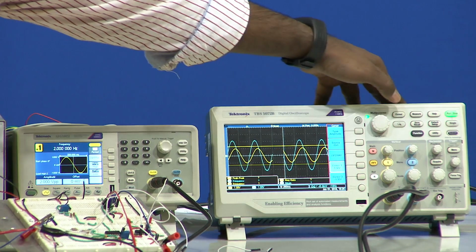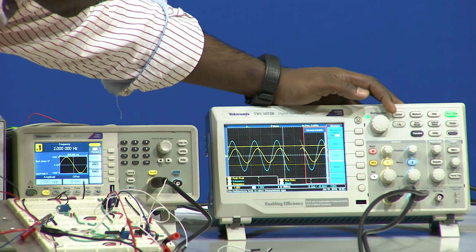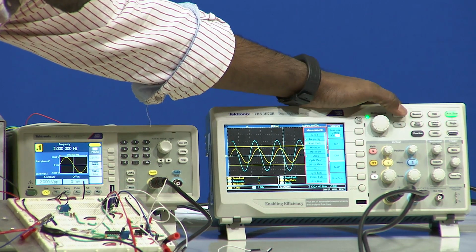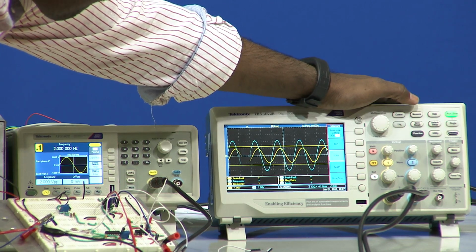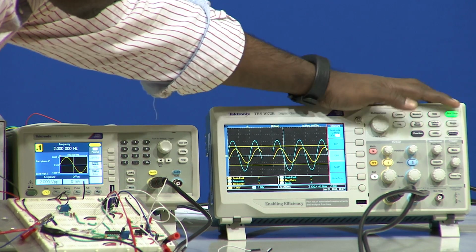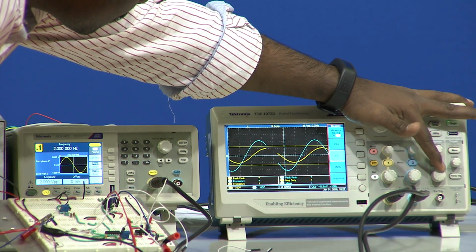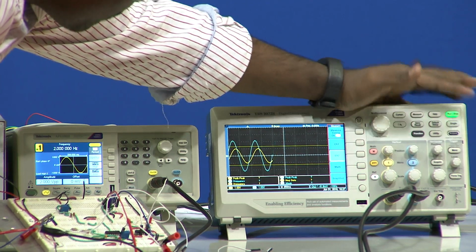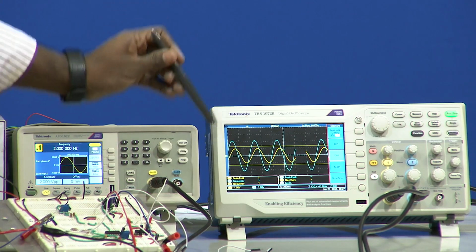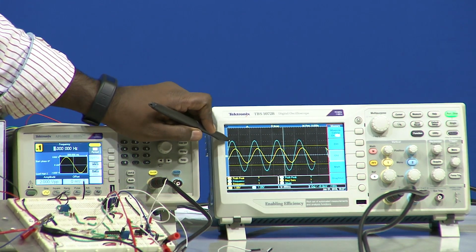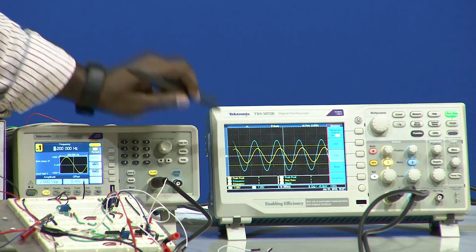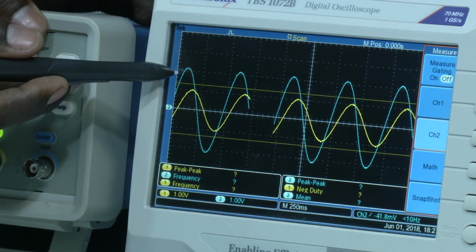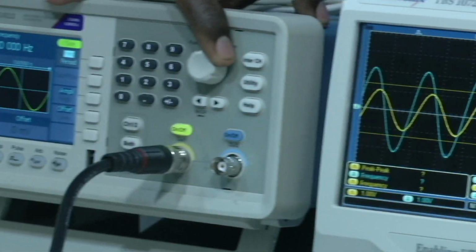Here, I will go to measure and create a channel 2 peak to peak value. From the peak to peak value we can easily understand. Sorry, this is unable to measure, but that is fine. We can see that the output value, the blue colored one, is slightly higher than the second box. That means the gain is increasing. Now I am coming to 1.